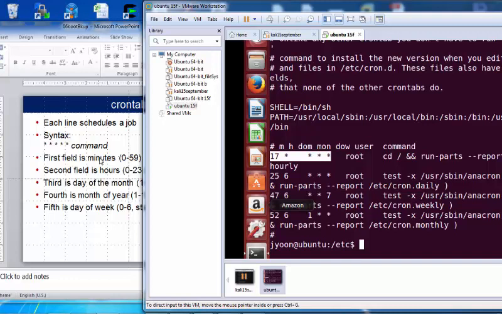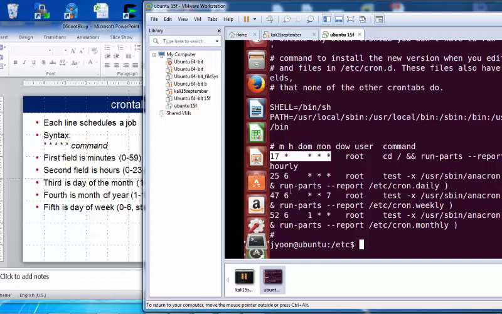So it means it runs every day, every day at the time 17. So what time is it, Michelle? 1700? 5 o'clock. So 5 o'clock in the morning or 5 o'clock in the afternoon? Yeah, 5 o'clock in the afternoon. So every day, 5 o'clock in the afternoon, that program should run. That's what it means.